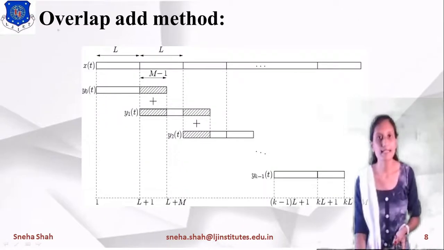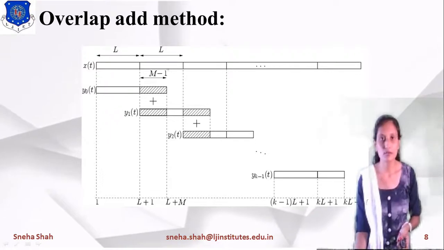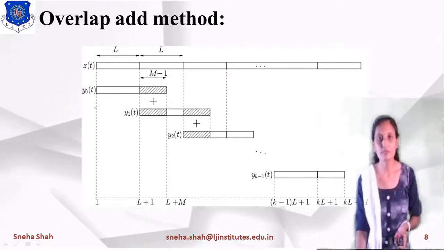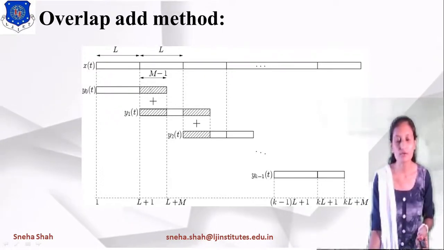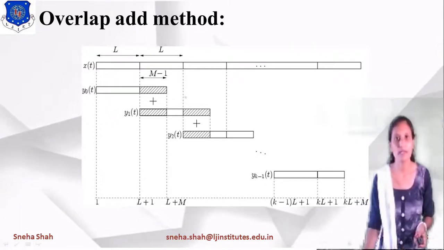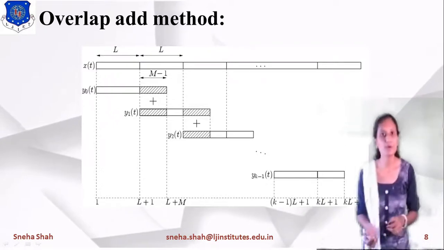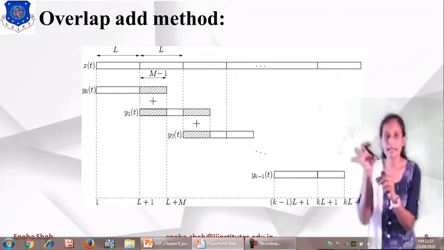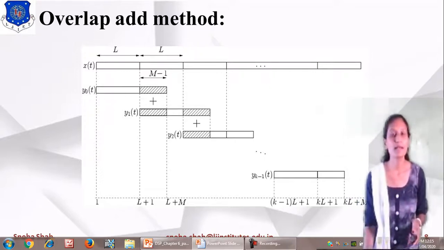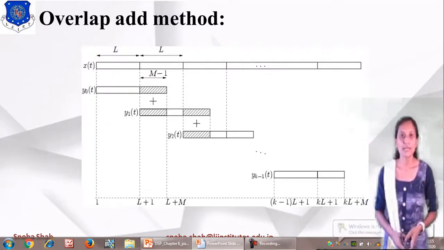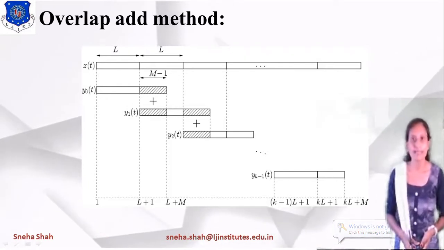So that gives you the next technique, which is the overlap add method. In this, the long input data sequence is converted into a number of terms of L input samples, and it gives you the output terms with M minus 1 zeros added at the end of the input sequence. After that, if we overlap and add these terms, there is no problem because the zeros get added with the next input sequence, so there is no loss of data. So we'll use this overlap add method to find the linear filtering of any long data sequences.